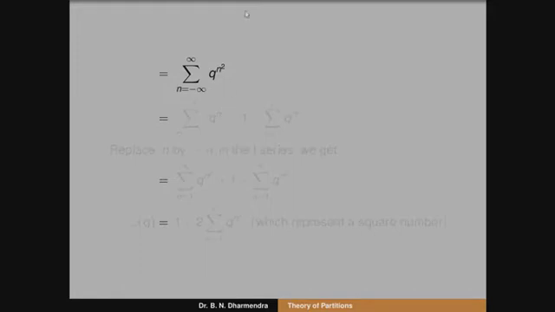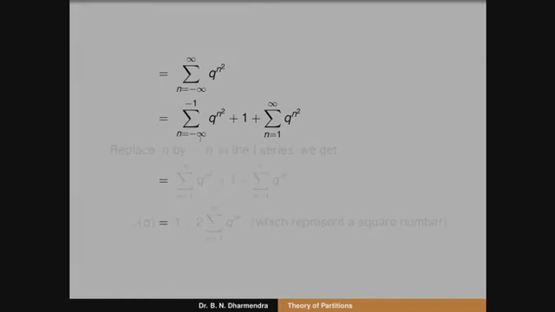So when n is equal to 0, that is q to the power of 0, so that is equal to 1. We have to split the terms: first one is negative integers, next one is n is equal to 0, next one is positive integers. So therefore it can be written as summation n running from minus infinity to minus 1 q to the power of n square, plus 1, that is n is equal to 0, plus summation n running from 1 to infinity q to the power of n square.